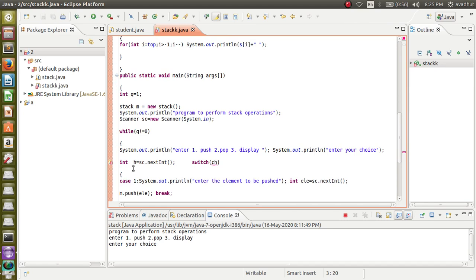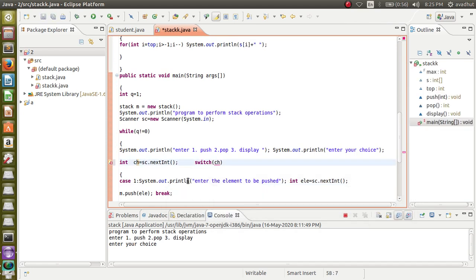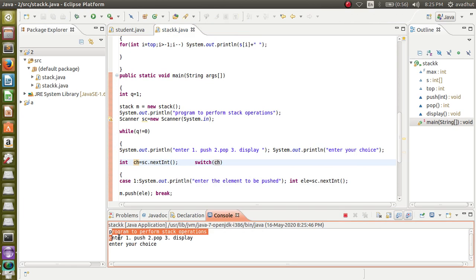Here we are having ch, let us take this one ch. So save, run the program. Yes, after running the program, we are getting the output here. In the below you can see: program to perform stack operation, enter push, pop, display. I want to pop here.